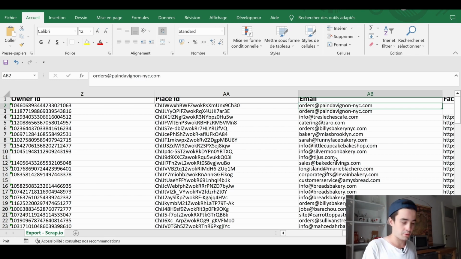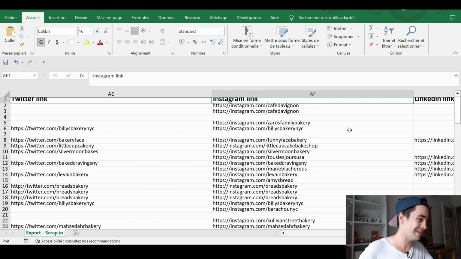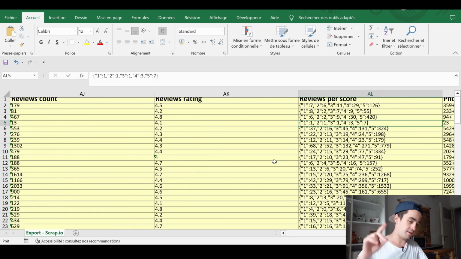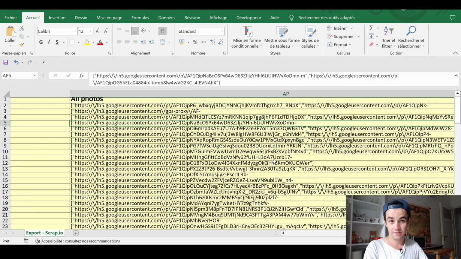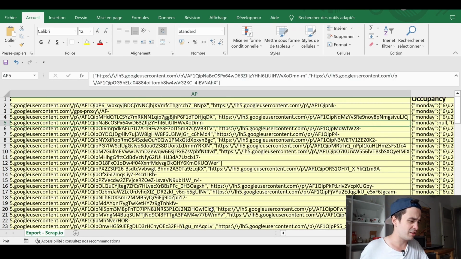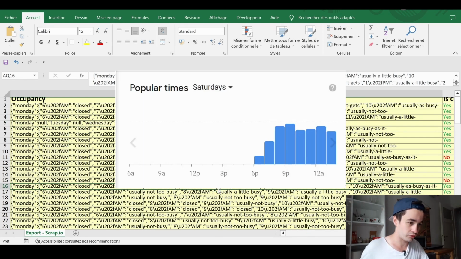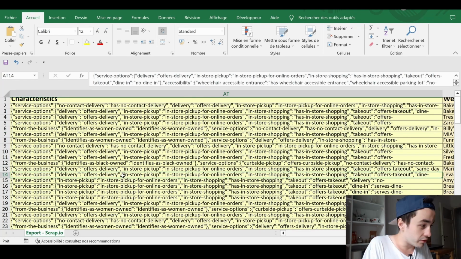And if the company has got a website, we'll take a look at additional pieces of information. The email address is followed by social media links. We've got the price range, review counts, review rating, review per score, the number of pictures, the URLs of some of these pictures, the occupancy, which is related to the graph you might see on your screen, whether the business has been claimed on Google Maps or not, the working hours, the characteristics. The color changes one more time,